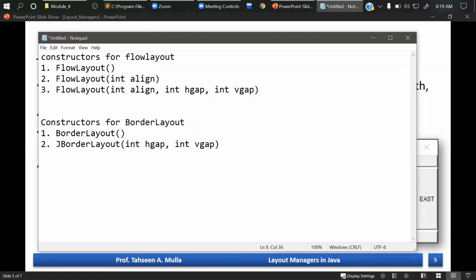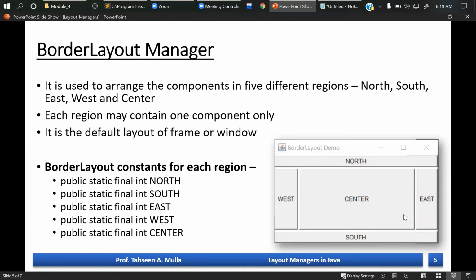Right, so this is the second constructor which will allow you to create a border layout with the specified horizontal gap and the vertical gap between the components, right? So if you're going to use this kind of layout and you have different components placed over here, you can have a vertical gap and a horizontal gap as per that constructor, whatever the value is mentioned over there.